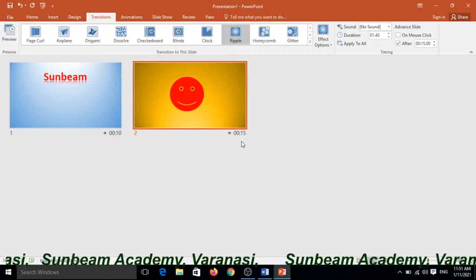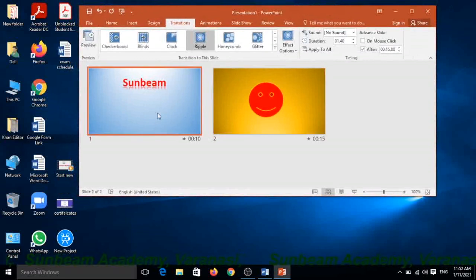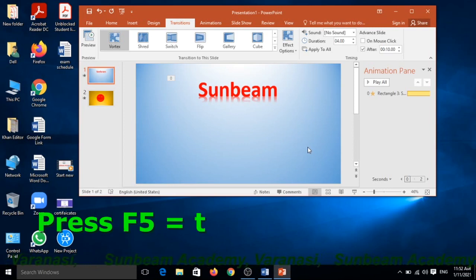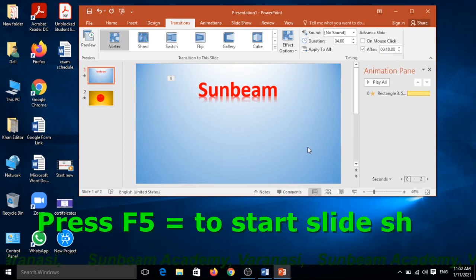So now see, you can also start the slide show from here, but it is a very simple way. Click on normal. Now it is in normal view, but I want to present this slide by the shortcut method this time. This time I want to press the F5 button of the keyboard. It will start.